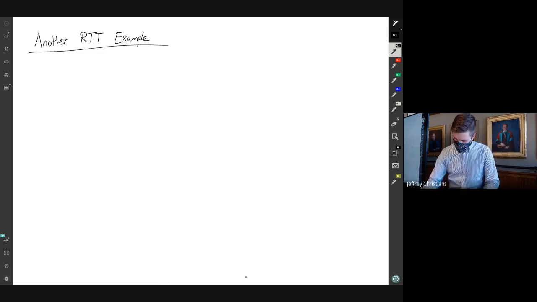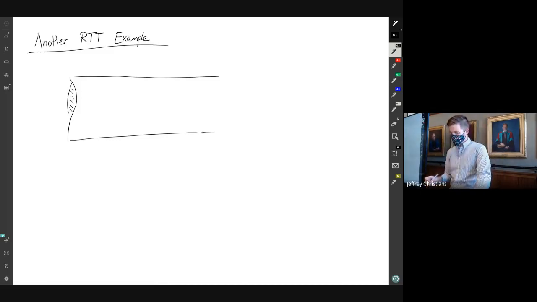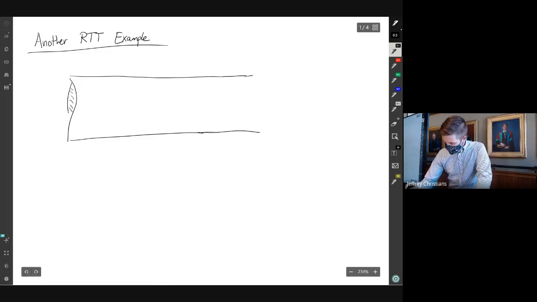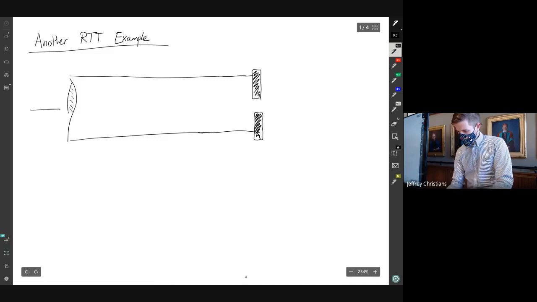So let's say, and I'll draw this kind of big because last class I didn't draw it big enough. Okay, let's say we have a section of pipe like this. So this is our section of pipe. And at one side of the pipe, there's a cap, which has a hole in it. So there's an end cap stuck on that pipe with a hole in it. There's going to be water